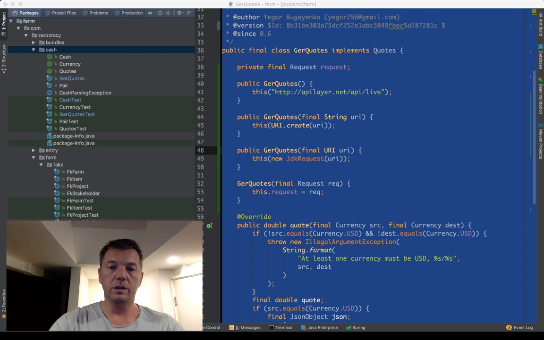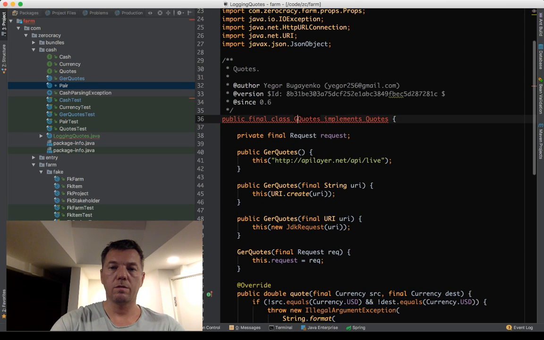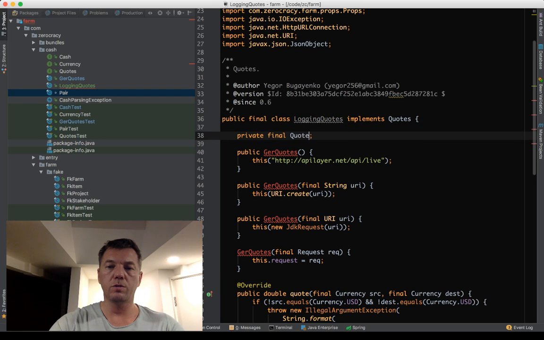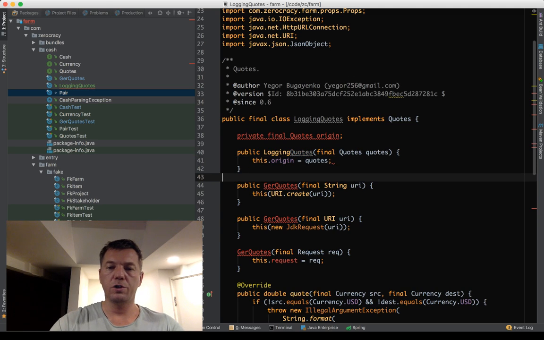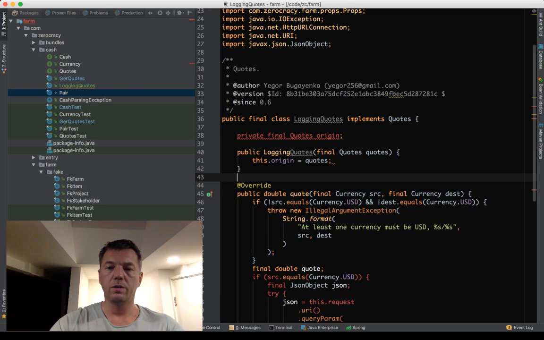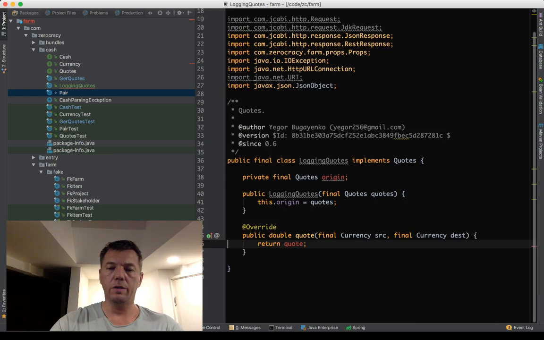So let's see logging quotes. Let's make it. Logging quotes, which implements quotes, which encapsulates another quotes. Just one primary constructor. Boom, quote. So what do we have?